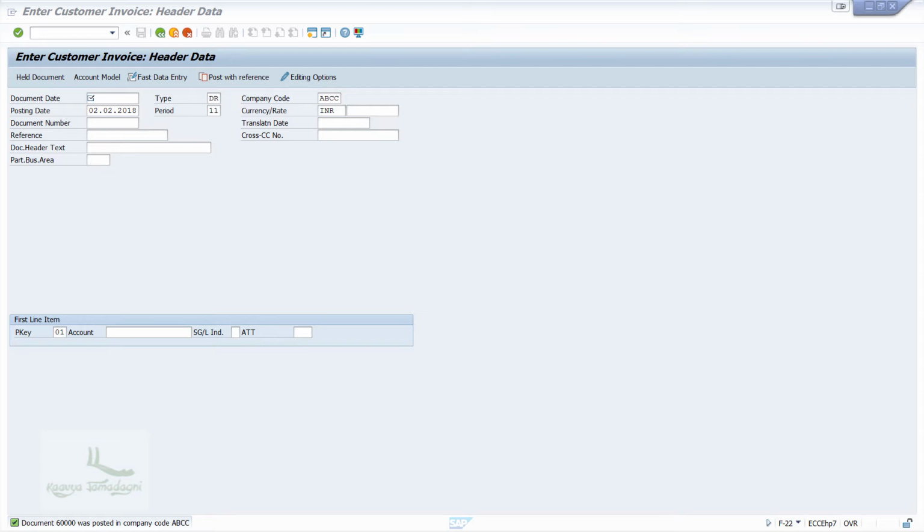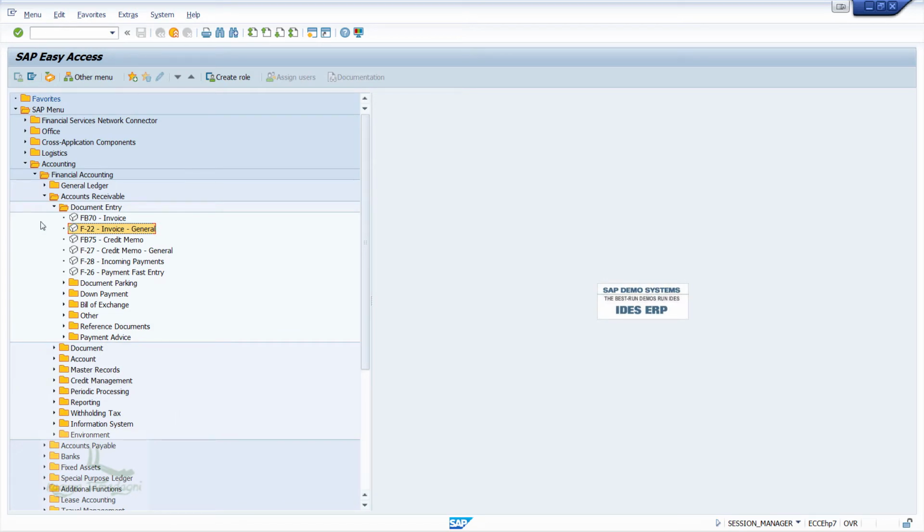For that, to view the report, you can use the T code FBL5N. What is the T code? To view the report, it is FBL5N, or else you can always use the menu part too. So what is the menu part for that? To show you that, I'll just enter /n in the command field and hit enter so that the system will take me back to the SAP Easy Access screen.